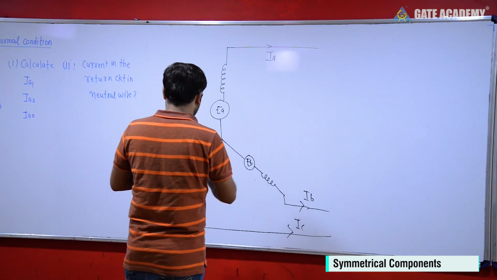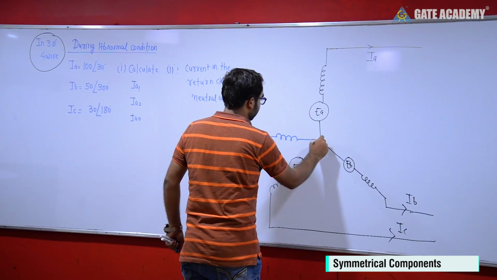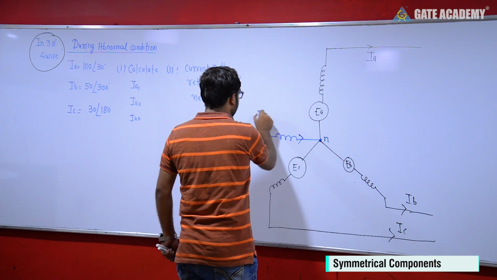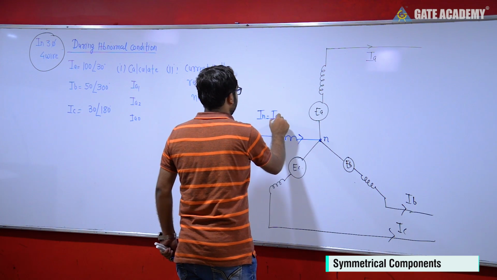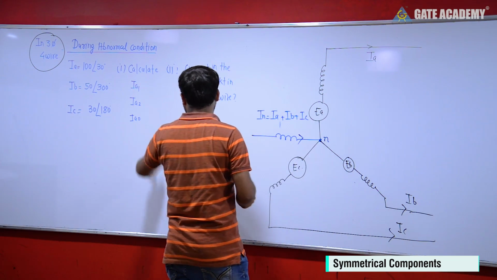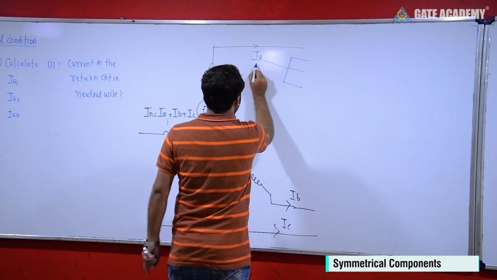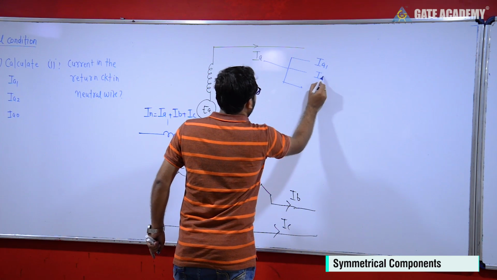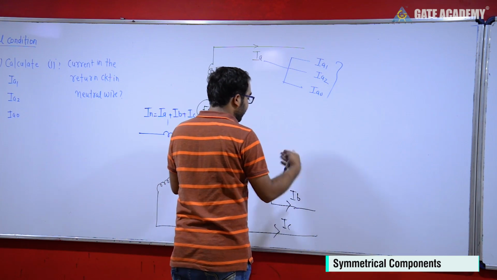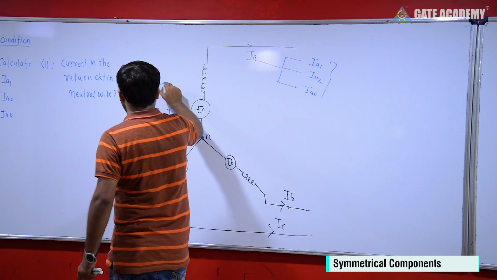Now it is given 3-phase 4-wire, so it's quite obvious there will be a neutral. When you apply KCL here, we will get the value of IN equal to IA plus IB plus IC. It means in the question it is asked to find, during abnormal condition, we know very well that the line current A will break into 3 parts, IA1, IA2 and IA0. It means we are going to find these values. The question may ask for any value, such as the positive, negative and zero sequence of line B, line C, whatever. And the second question is that you are going to find the current in the neutral wire.